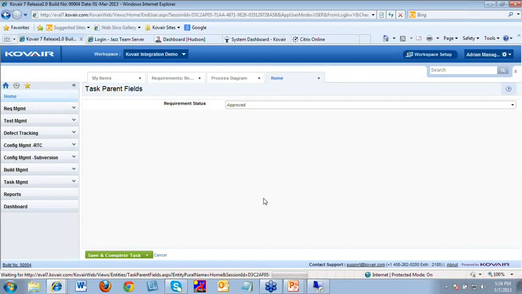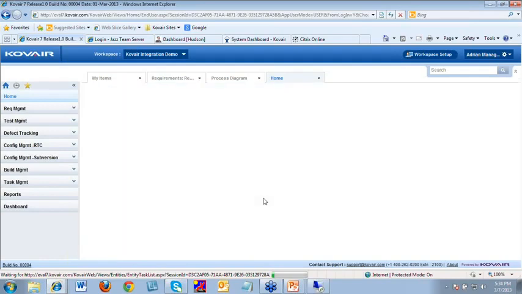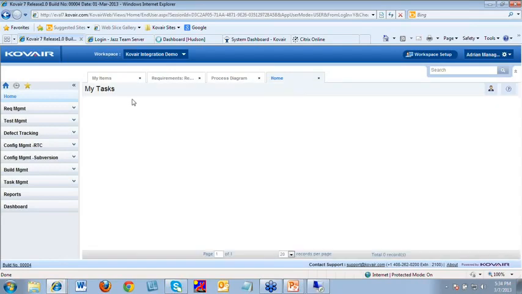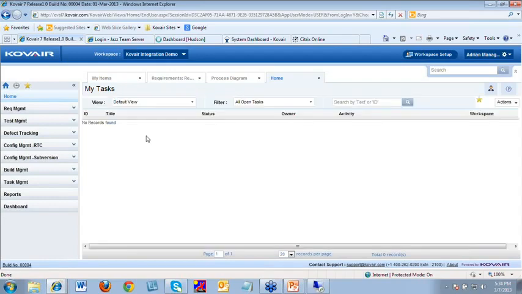So once he is done, he saves it and marks the task as complete. Now as the task is done by Adrian, the My Task page is freed out of these pending tasks, and now this requirement is triggered as a RTC task in the RTC tool. Now in the process of creating this particular task,